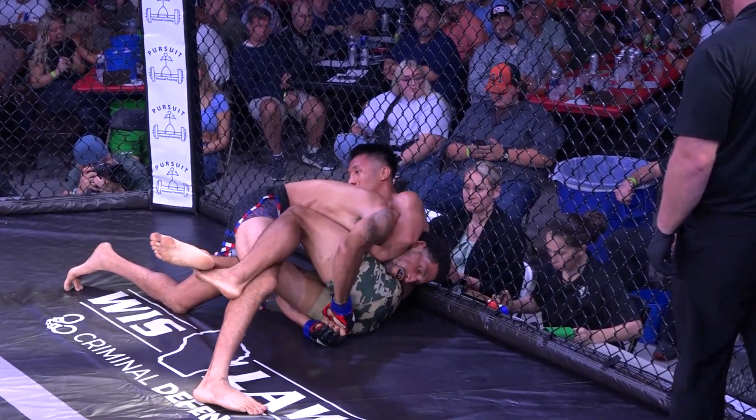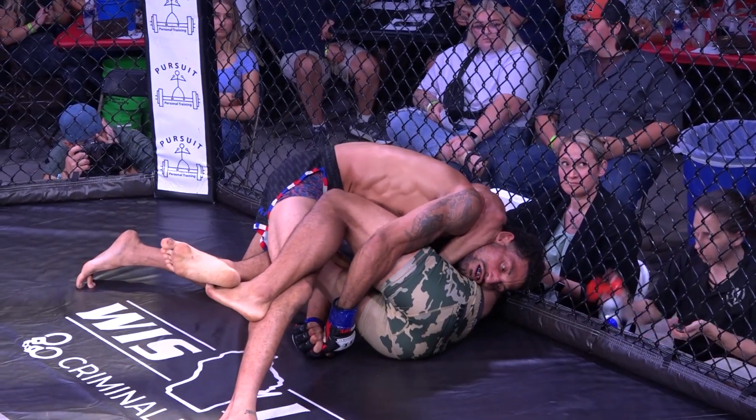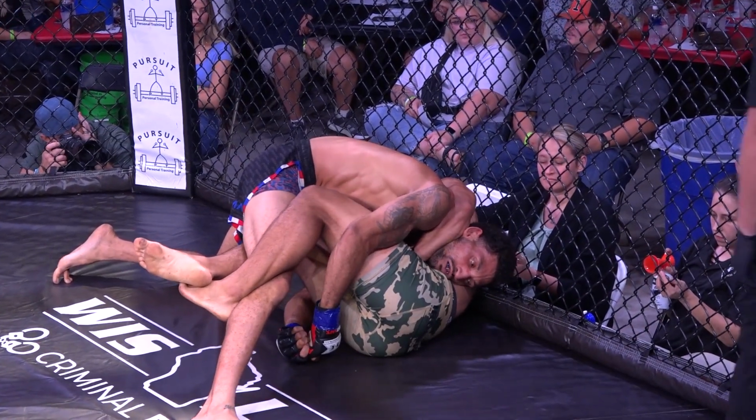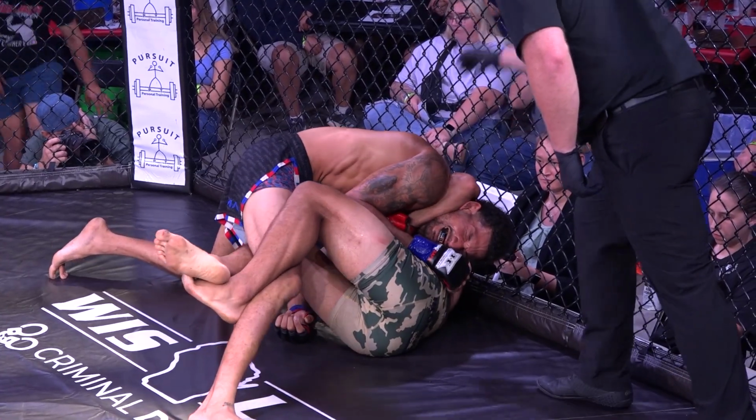Good action though, both guys, man. They're getting after it. This has been a great all-around fight. Standing on the feet, grappling exchanges, submission attempts. All around good fight. I would say contender for fight of the night, but still got to give the edge